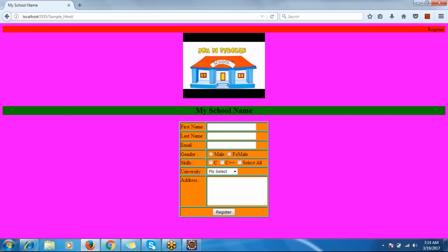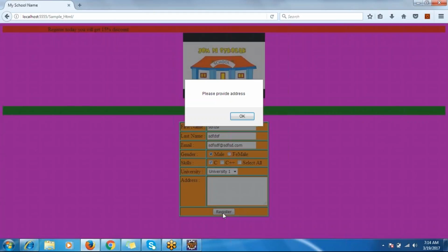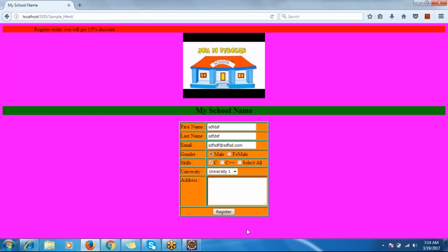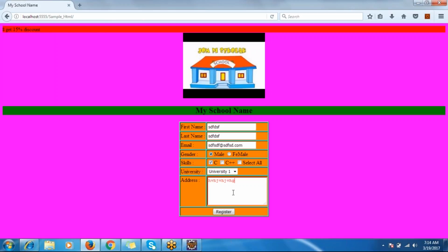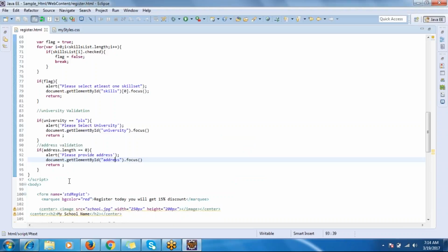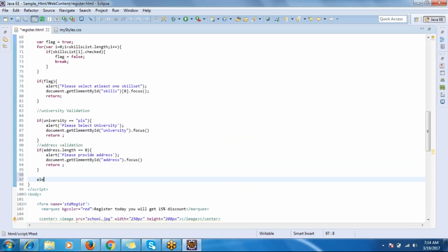And let me reload it, and now provide all the necessary fields, otherwise it will display a lot of pop-ups. Male checkbox, some university, and address I don't want to provide anything, so it's displaying, right? Please provide address, and again I don't want to provide, please provide address and display here. Now if everything is success, when you click on the register, then you can display a final message like